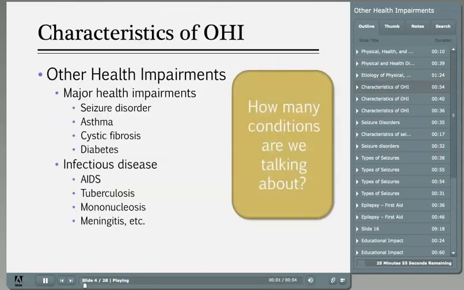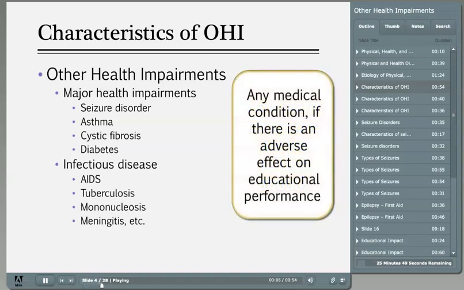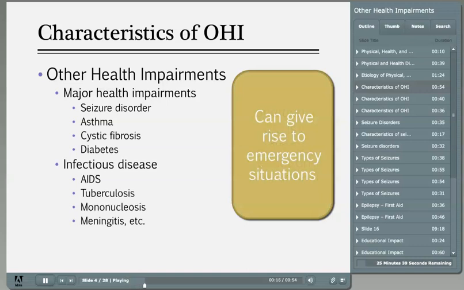How many conditions are we talking about under other health impaired? Really, any medical condition can qualify a child under other health impaired if it has an adverse effect on their educational performance. Other health impairments can give rise to emergency situations that need to be handled immediately. Some can be treated effectively, and some have no cure. Your book talked about two major health impairments that often fall under the category of OHI, including seizure disorders and